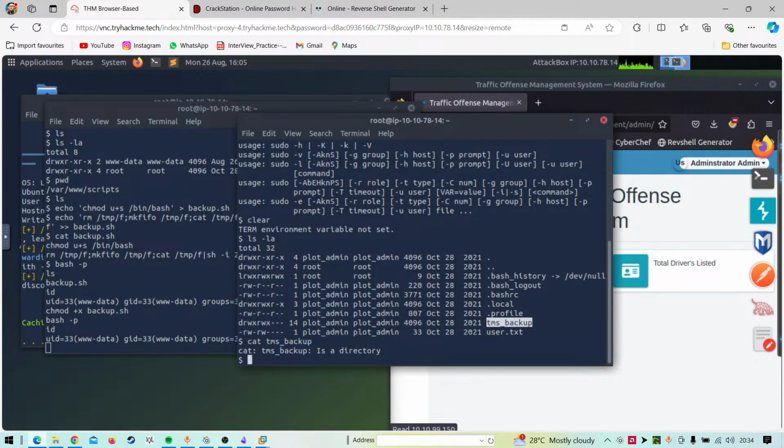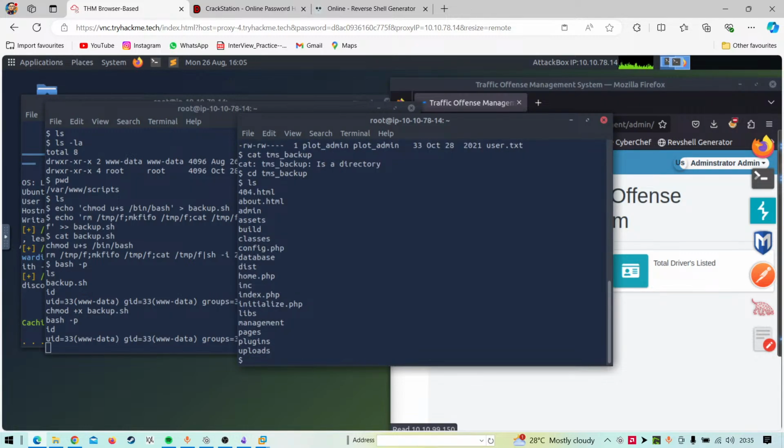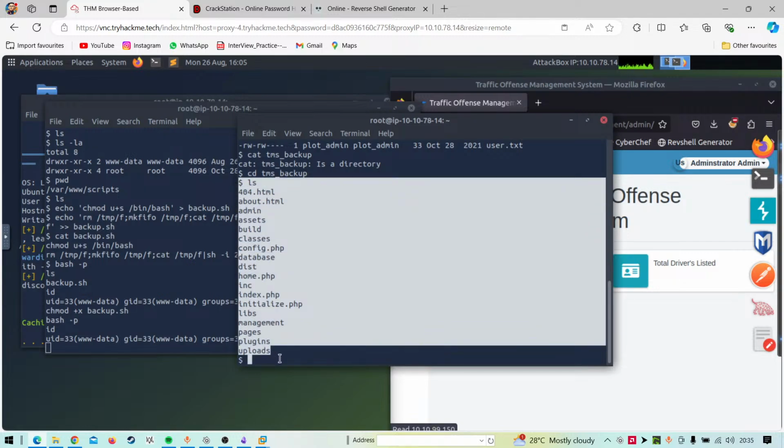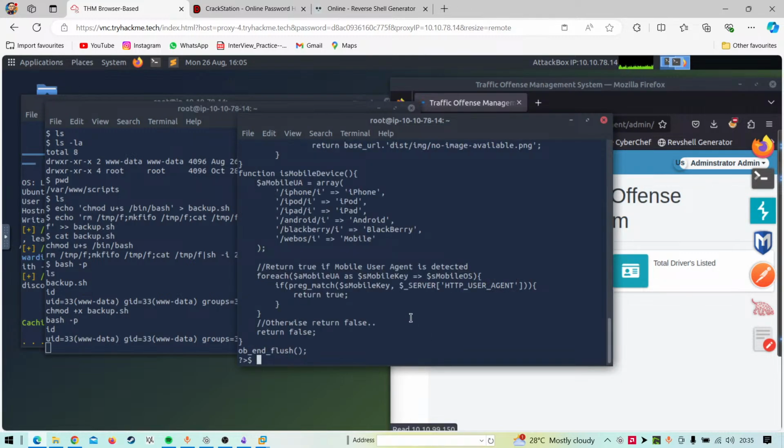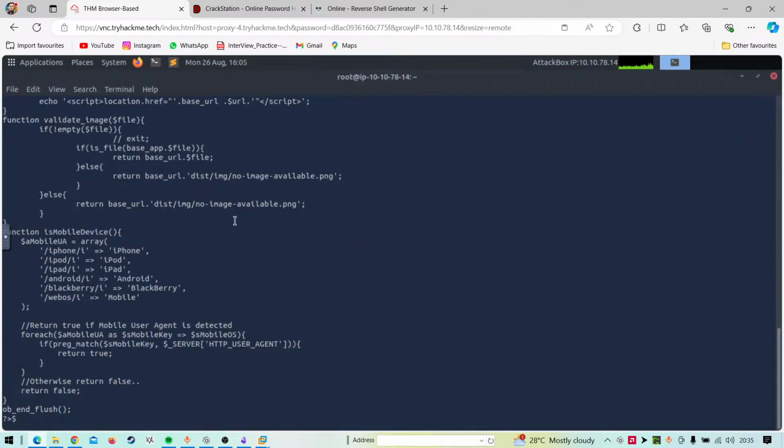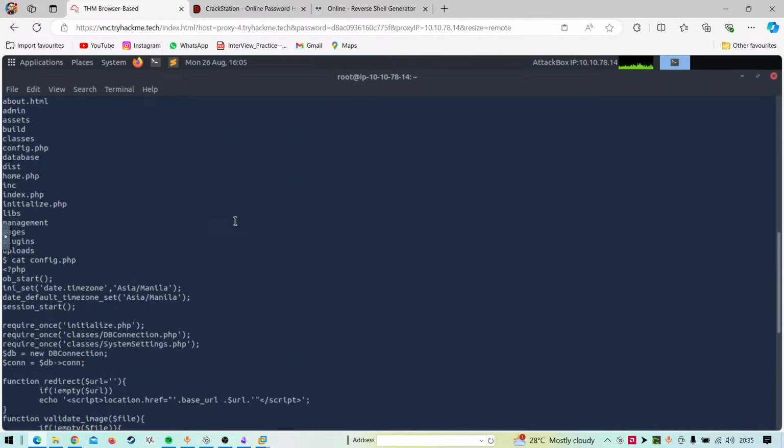It's a directory actually. So let's go. We have a lot of things, the exact things we had on the web page. So what if I just see config.php? Do we have something here? Nothing, right?